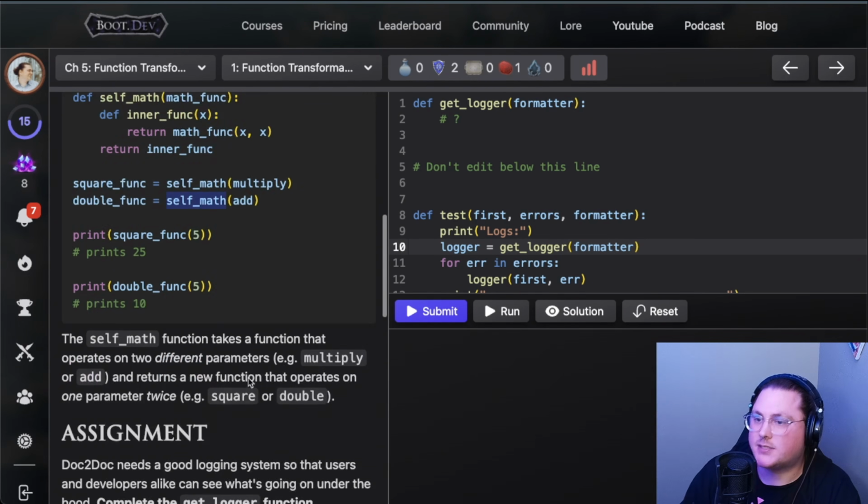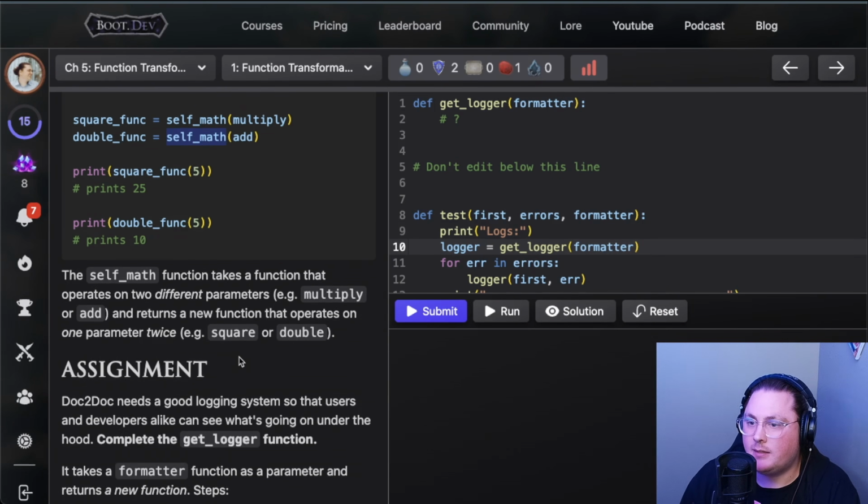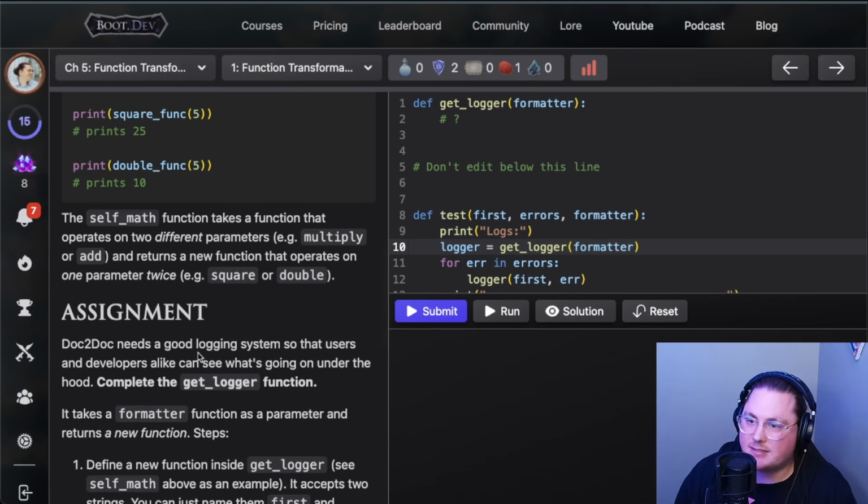All right. So the self-math function takes a function that operates on two different parameters, for example, multiply or add, and returns a new function that operates on one parameter twice, for example, square or double. So for the assignment here, doc to doc